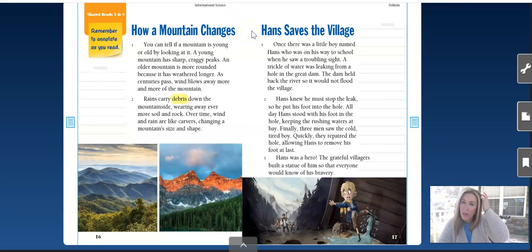Now this one is a folktale, so we know folktales may or may not be true. There may be a little bit of truth to it, but it's so old and it's been passed on from generation to generation that it's really hard to prove any kind of fact, but there usually is some kind of lesson, all right? And sometimes with folktales, you may have inanimate objects that actually talk, like animals or things like that. So let's see. Once there was a little boy named Hans who was on his way to school when